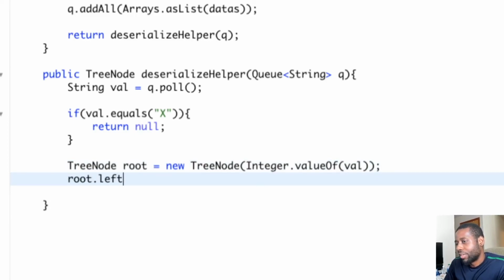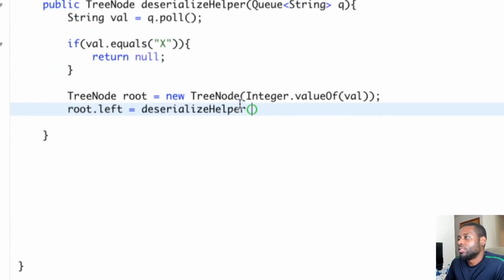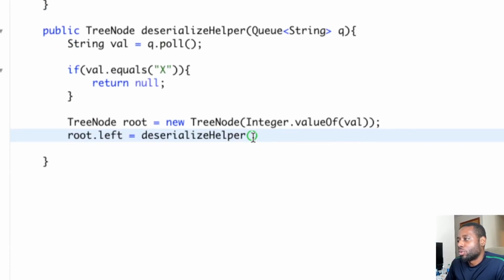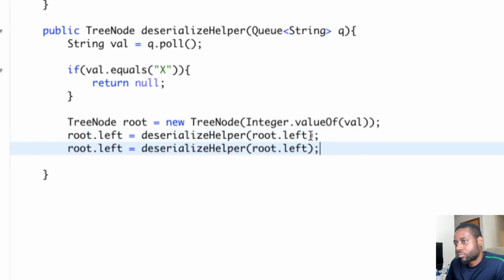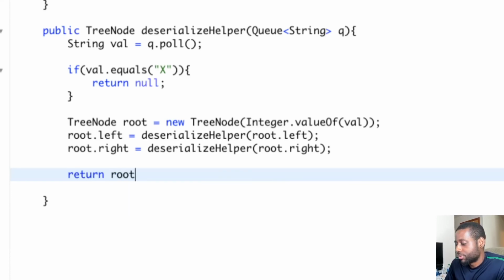After we do that, we do root dot left, and now we need to populate our left side, because every node is going to populate its left and right side since we serialized everything. I know in the walkthrough I forgot to serialize the last four, five, but we do that as well. Every child gets serialized. So we go with that left, and then we do the same thing for the right side, root dot right. Then after we do that, we return the root.